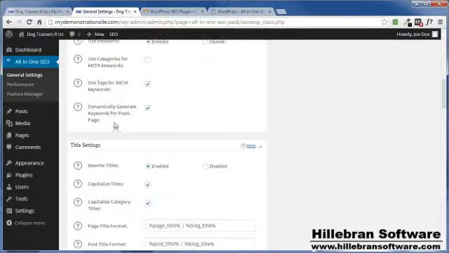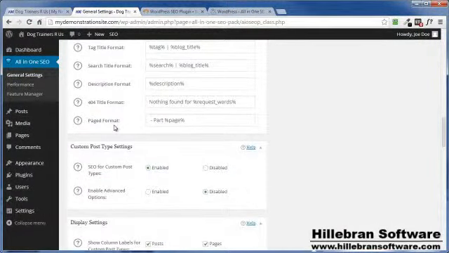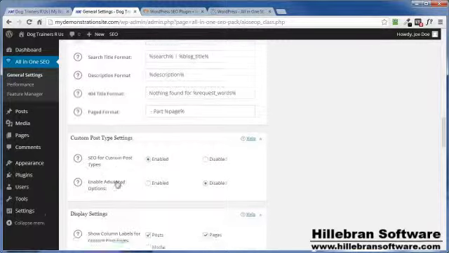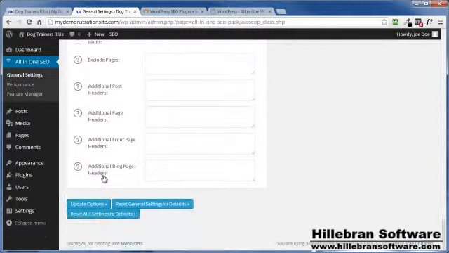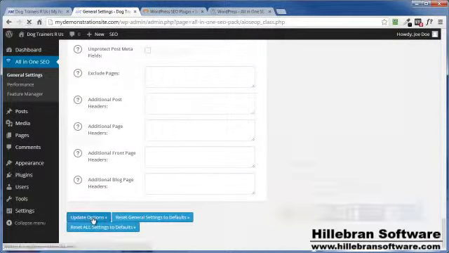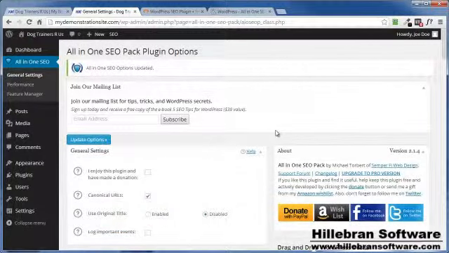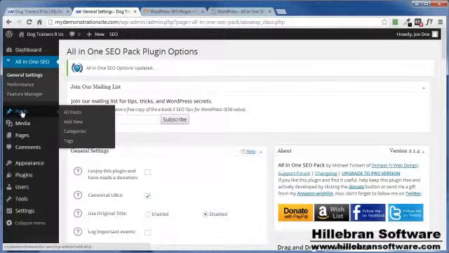But if we scroll on down here, most of this stuff is fine just the way that it is right out of the box. And coming on down here and clicking on update options. And that's basically all you need to do as far as configuring the all-in-one SEO pack to get you going in the right direction. Now let's go ahead and create us an optimized post by clicking on the post link